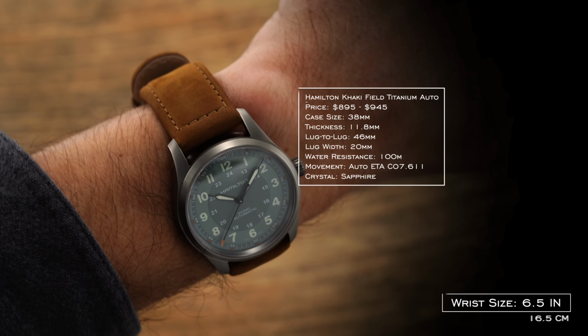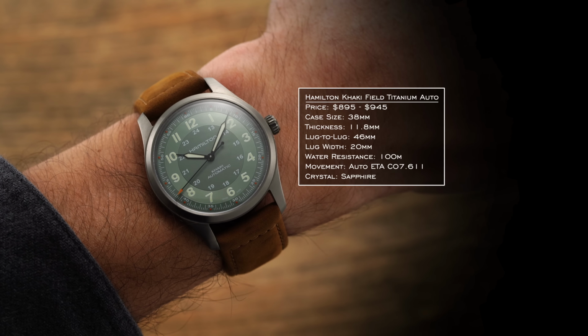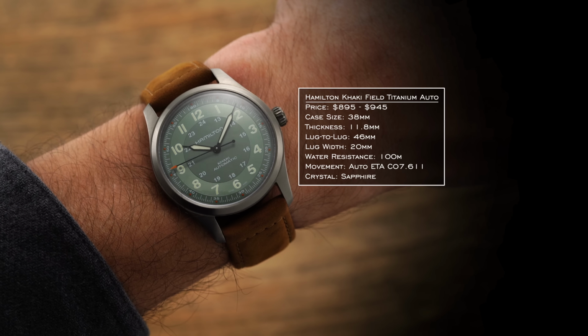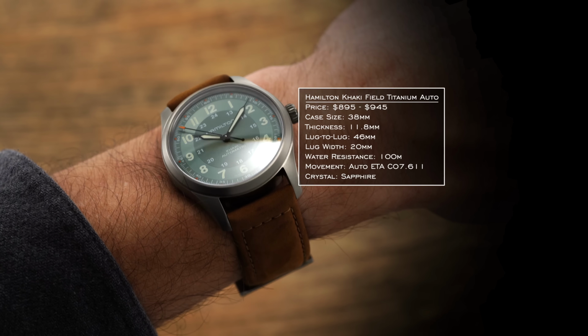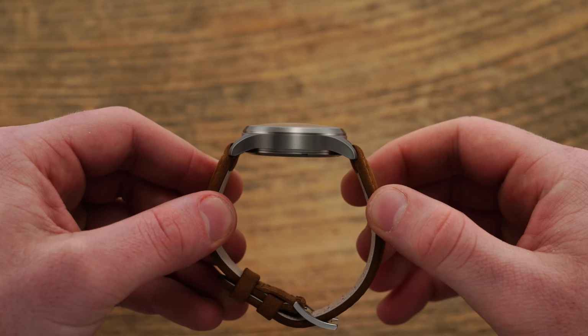For the sake of this video, I want to focus mostly on the 38mm options, as I think they're going to be in alignment with what the majority of people would probably go for. Now, starting with a conversation on case and just general wearing experience presented by this new titanium Khaki Field, we have a 38mm diameter, a 46mm lug to lug, and a relatively slender 11.8mm thickness. The case dimensions don't stray away from the beloved hand-winding Khaki Field Mechanical collection, albeit slightly thicker given the automatic